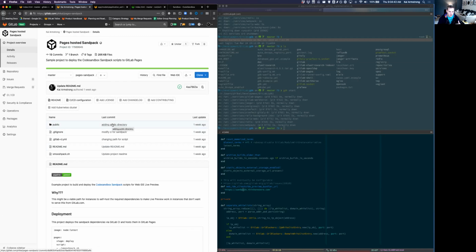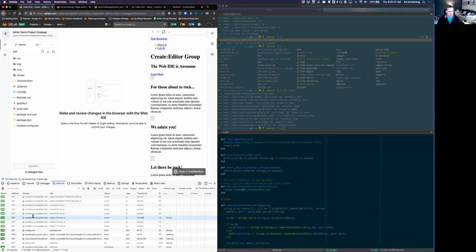If you're interested in this in the future, or you've got some ideas about how you could make this work in your environment where you've got different requirements or you might not have internet access, let us know. Feel free to reach out to me, either open an issue on GitLab or you can find my email in my GitLab profile. But I just wanted to show off the change in 12.9, which I think is a really